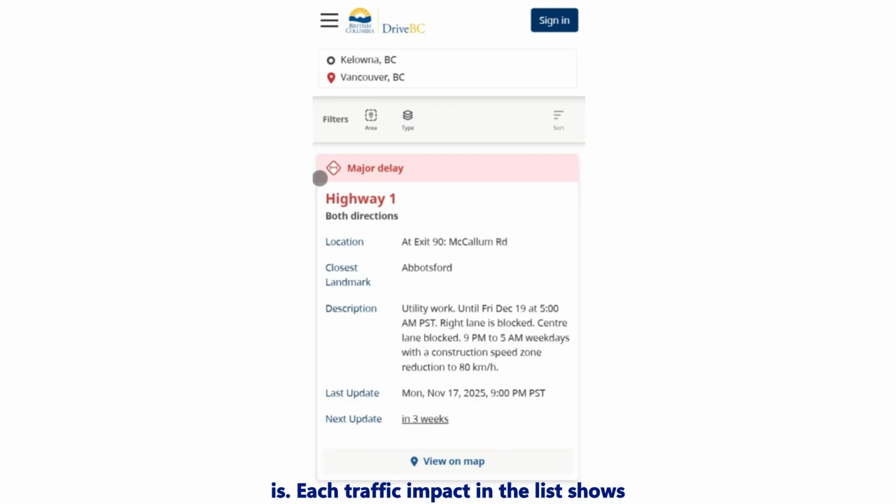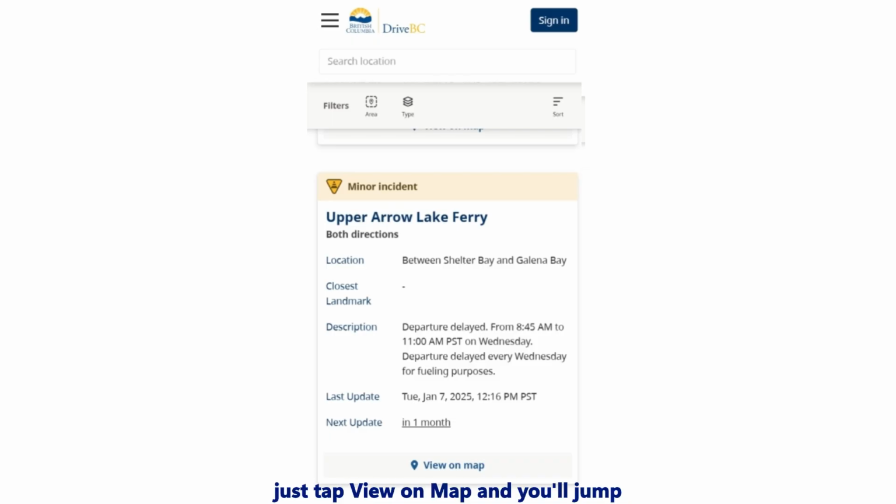Each traffic impact in the list shows the direction that's affected, the location, a nearby landmark to help you picture where it is, a short description of what's going on, how recently it was updated, and when to expect the next update. If you want to see it on the map, just tap View on Map and you'll jump straight to that